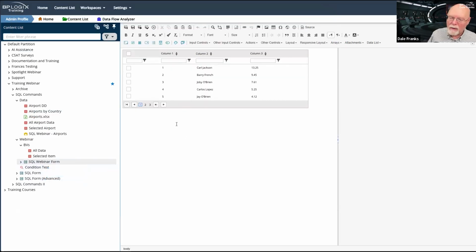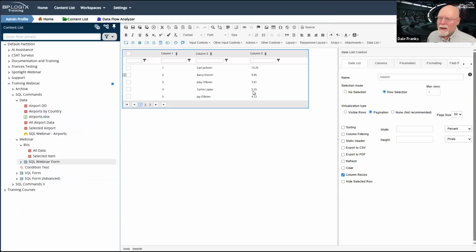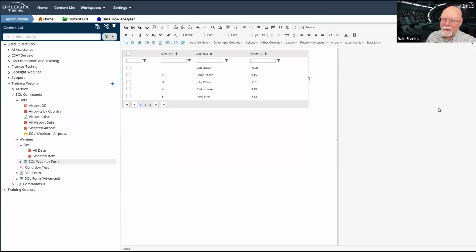Now we have to build out what's going to happen when we actually do select a row in the real world. I can't seem to find my cursor. There we go. I meant to hit... Okay, why do I keep hitting the wrong stuff? I'm sorry. This is all on me. Backspace. Enter. There we go.